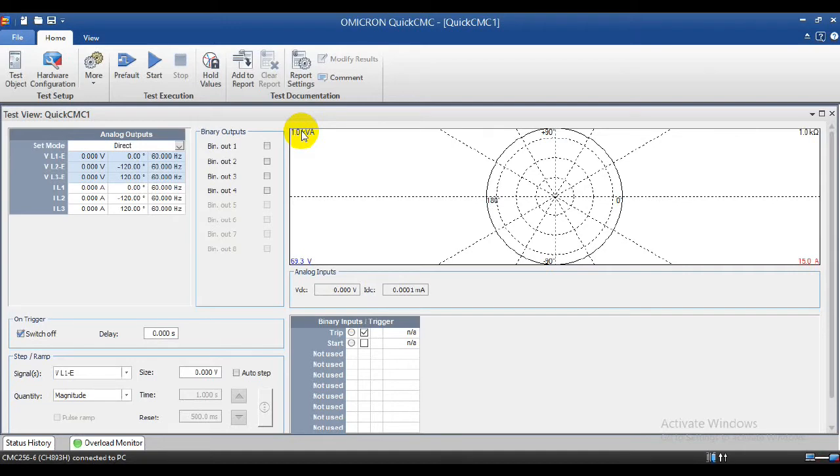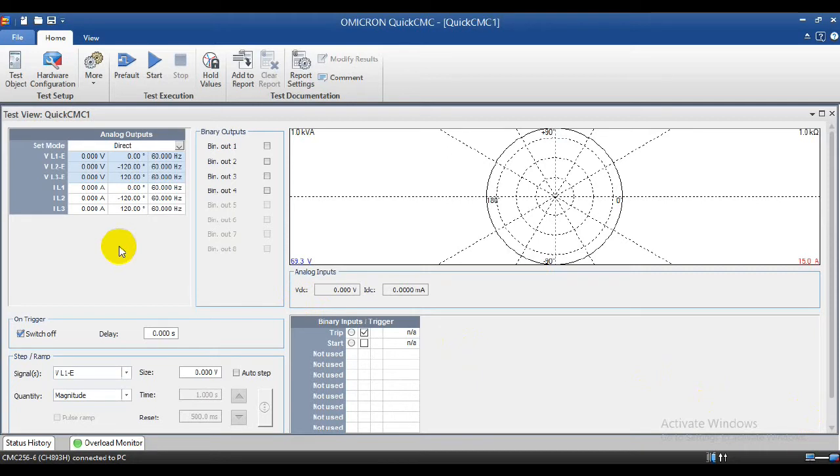But for my kit which I am using now, I don't have the associate button, so we can directly go to the quick CMC. No need of going to test set association. Now while connecting, it will give an interface sound, clicking sound. When it comes, we come to know that our kit is communicated with the laptop, and you can see the status here. Laptop and kit is now communicated. There is no disturbance in the communication.